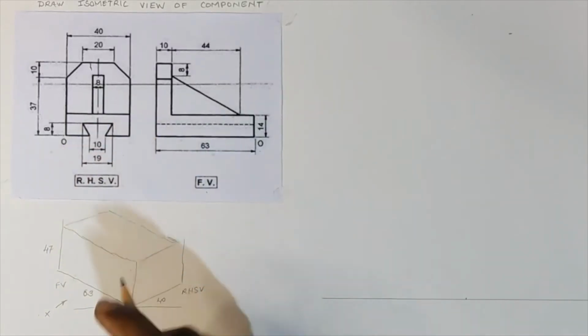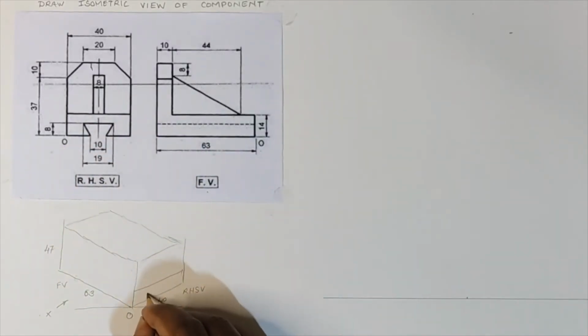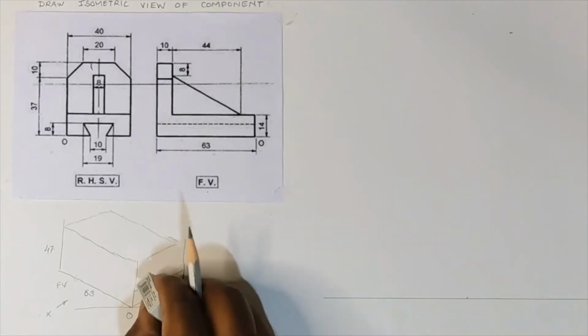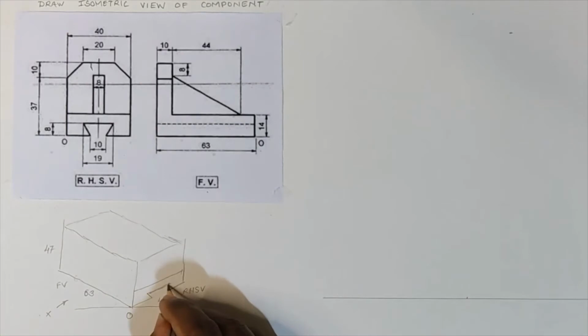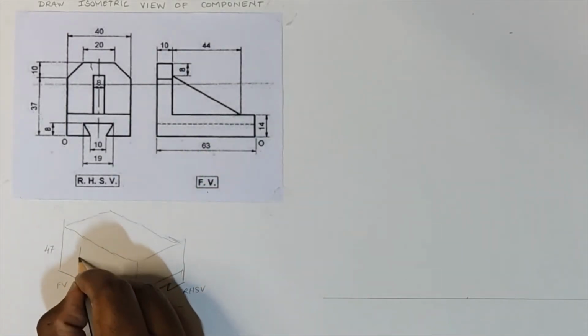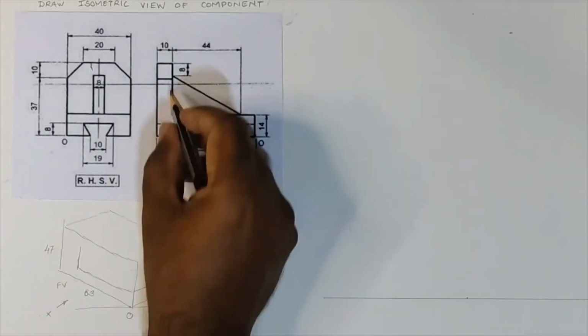So I draw the base portion and the slot. Now because there is a dark edge, there is a change of plane, and I need to then move into the front view and try to finish the front view while matching the edges. So now I draw in the front view. I draw the edge in the front view and match the edge and obtain the L shape.